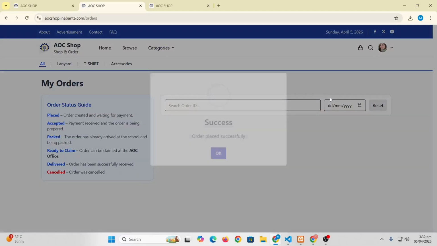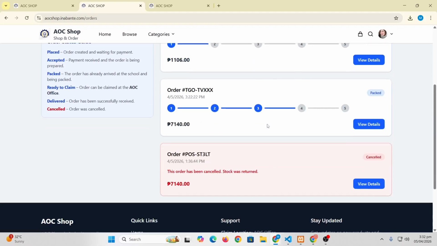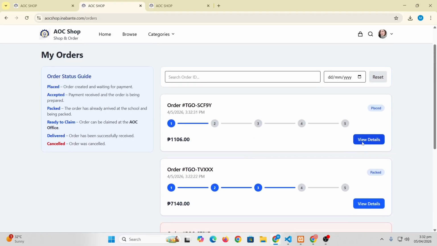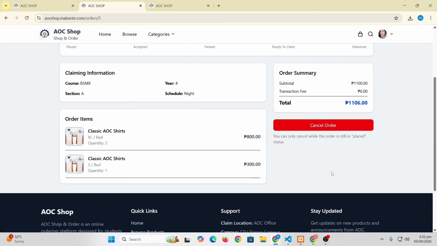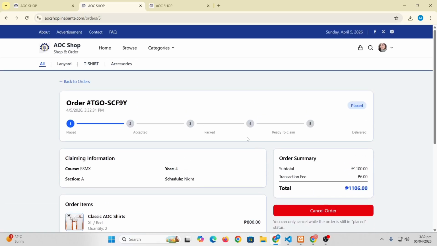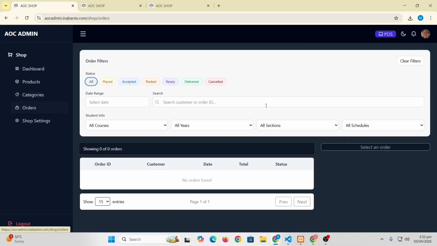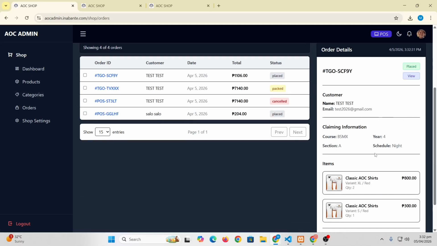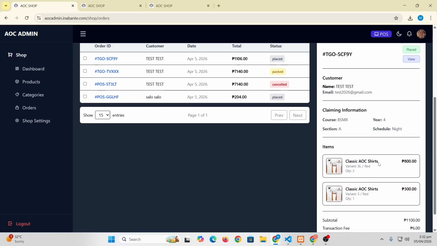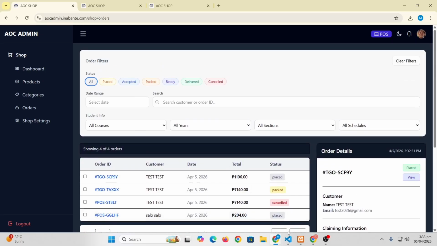Just pay at the counter. As you can see, you now have two working orders. Let's check the view details, and we have the orders. Very basic, very easy. When we navigate back to our orders, we have the order. Cool, very basic.